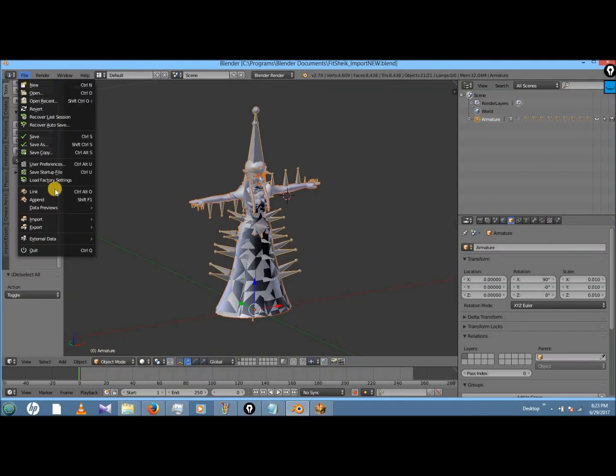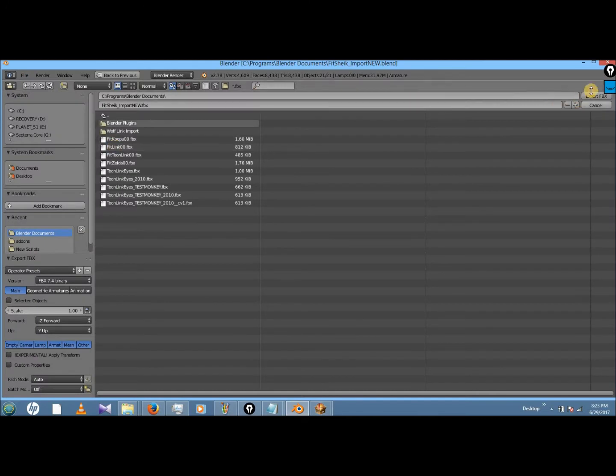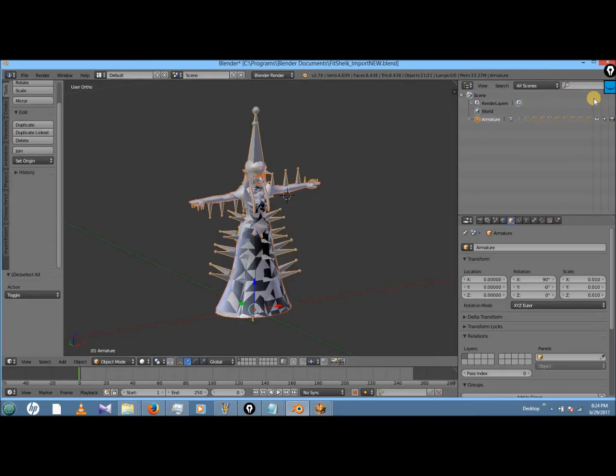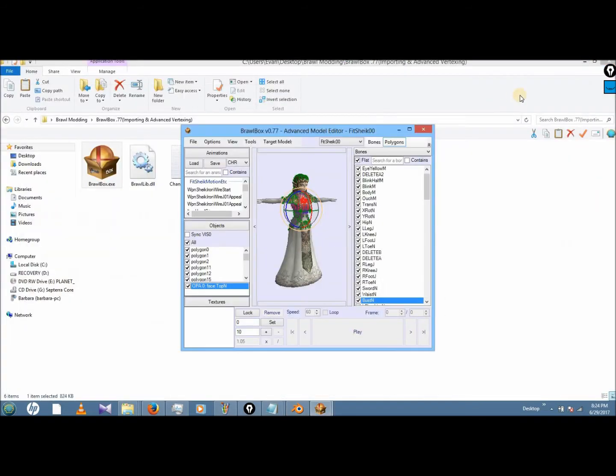Okay, and then I'm going to export this as a .fbx. Then after that, open up FBX Converter again.